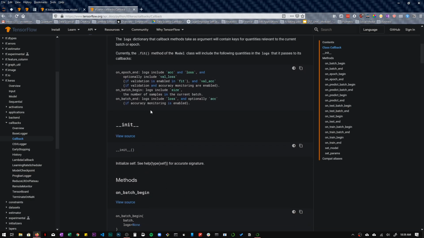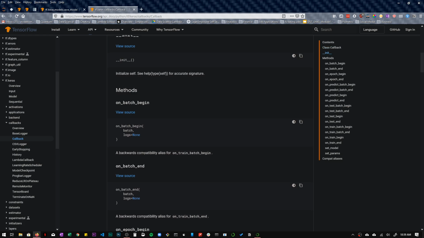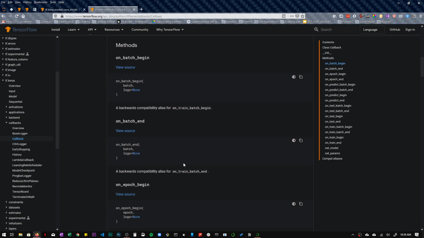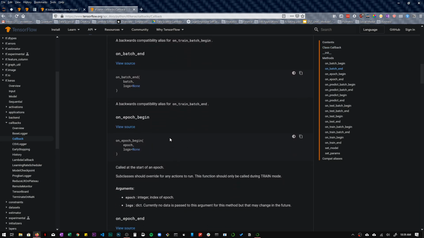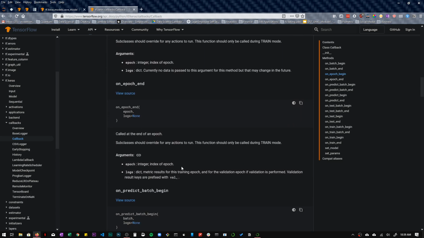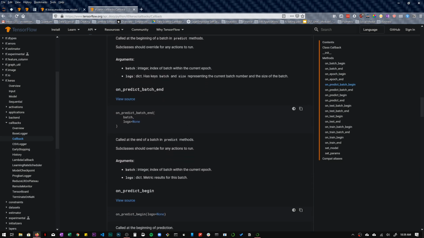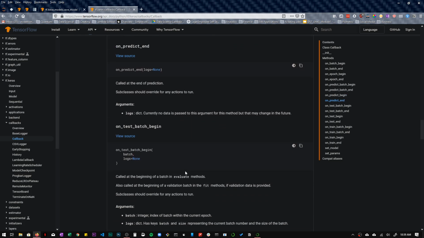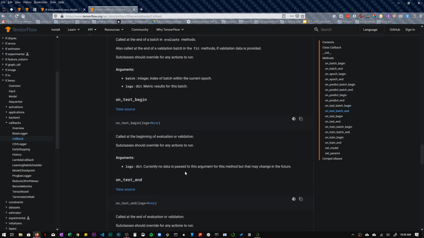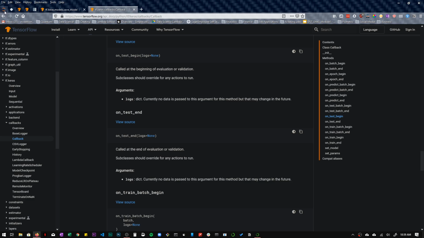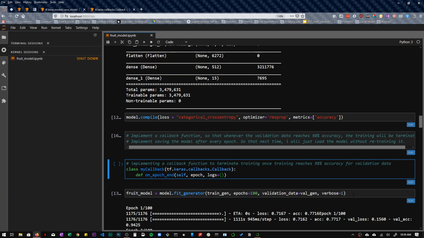These are the parameters for callback: on batch begin, on batch end, on epoch begin, on epoch end. So these are the different things you could do with the TensorFlow callback function. But let's go back to the code we are writing so far.